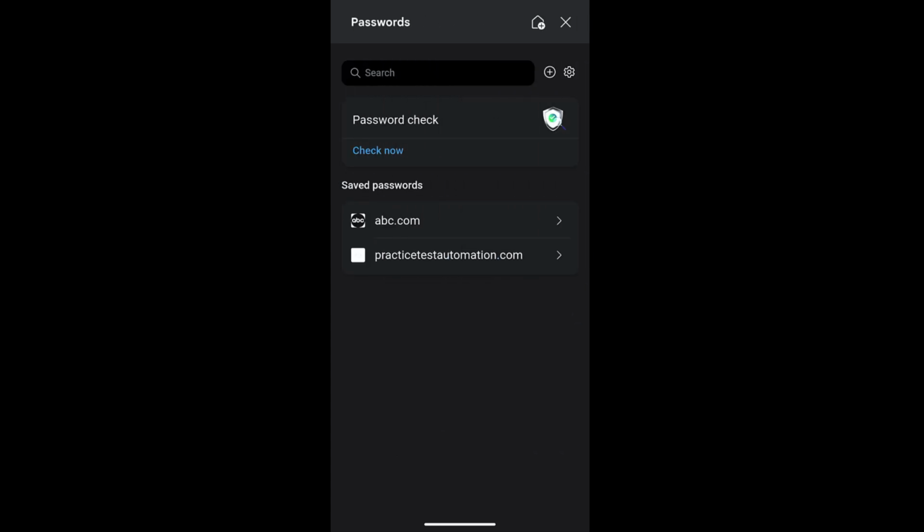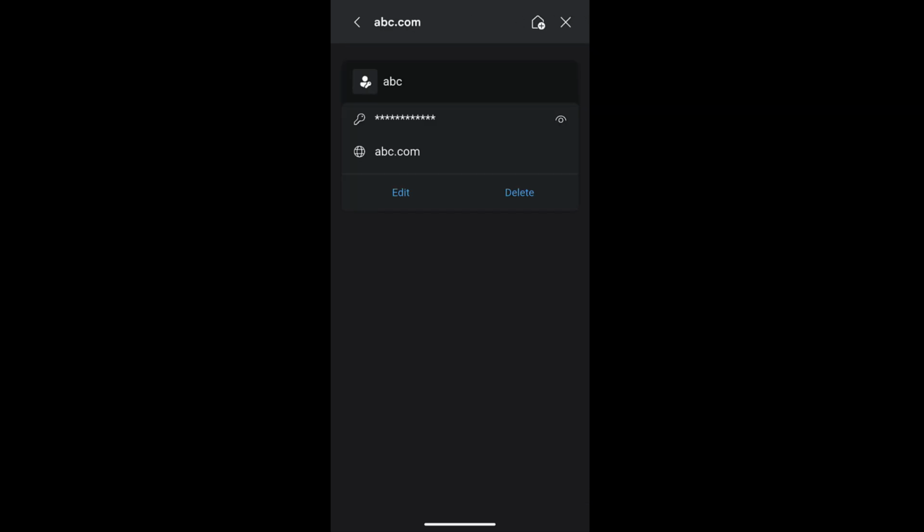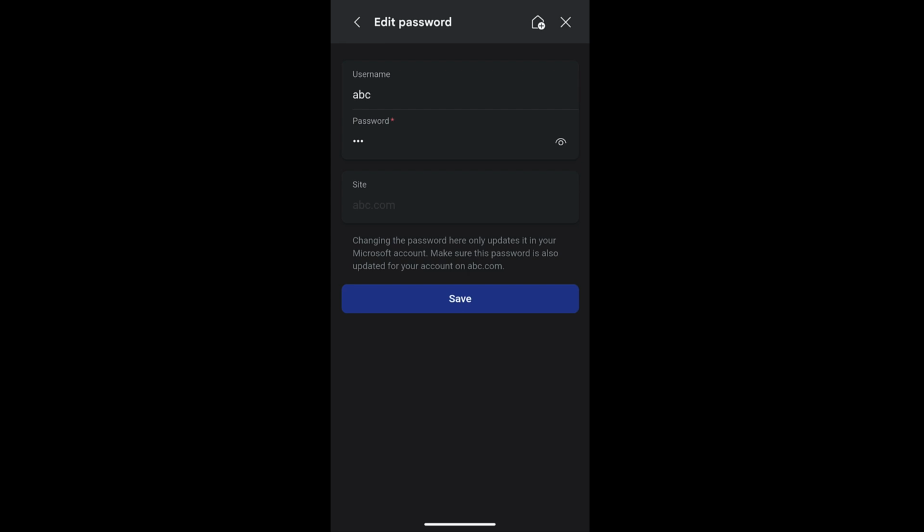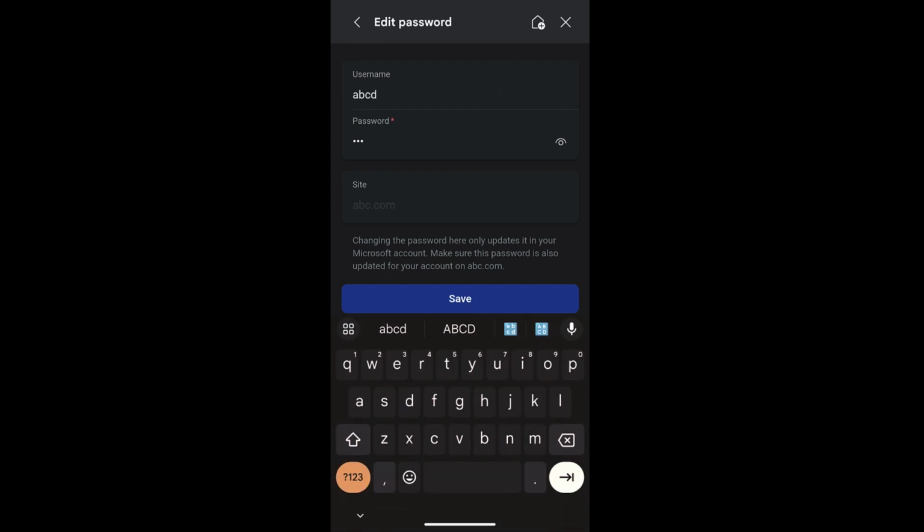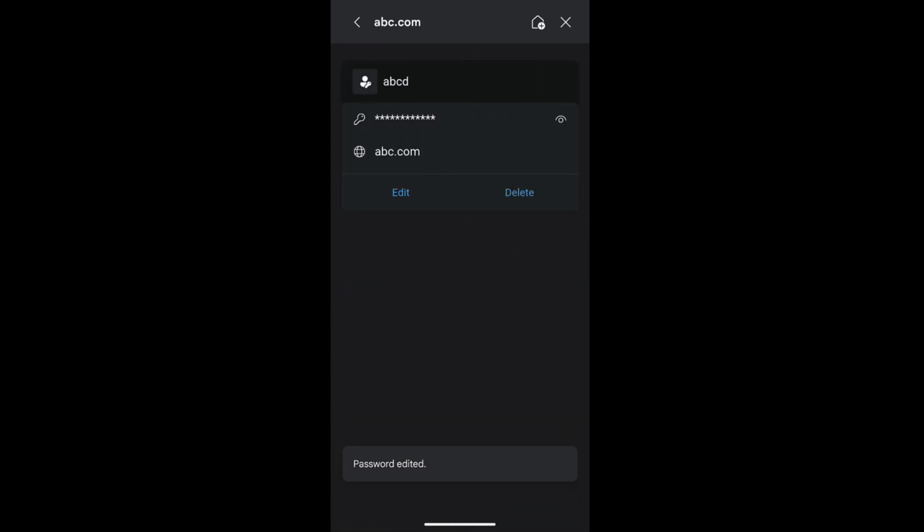Now if you want to edit a password, you can open any saved password, and from here you have this edit command. Just tap it, and it will ask for your biometric scanning or fingerprint scanning. Once you are done with your biometric, it will display the editable fields that you can edit, and once you have edited your username and password, hit the save command